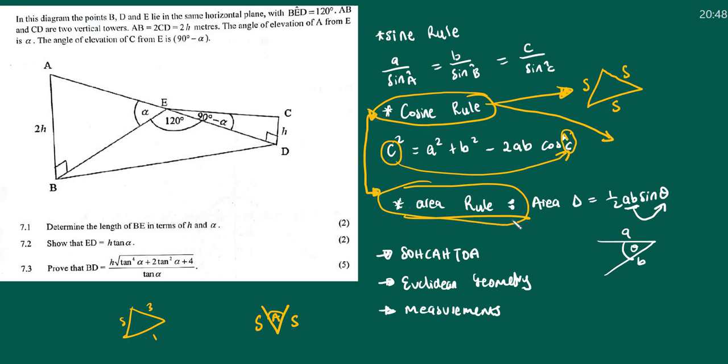Okay? And we only use the area rule if they mentioned the word area. If there is no word area, then forget about the area rule, right? So cosine rule, when we have Vivian, when you have V, right, the side, and an angle, and then or when you have all sides given. If you don't have any of these situations, then you just know that the sine rule applies. As simple as that,